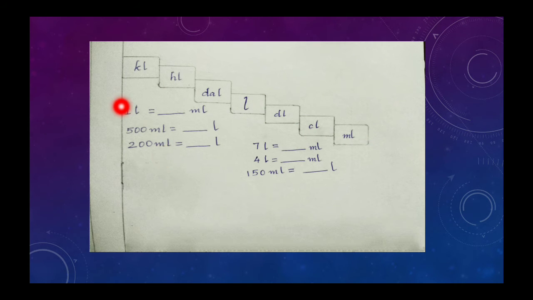1 liter is equal to dash ml. So consider only these boxes, liter to ml. Write 1 just below L. 3 more steps you have to move on. So 1 into 10 into 10 into 10, or 1 into 1000, is equal to 1000 ml. Okay. Similarly, for 7 liter,